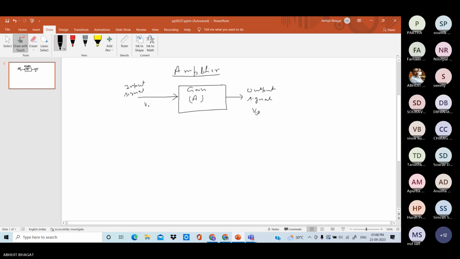So here your V0, the output signal, equals gain into input signal, AVi. Okay, AVi is the output signal. That means suppose if 2 is the input voltage and suppose the gain of the amplifier is 100, then what is your output? Input into gain, means 2 into